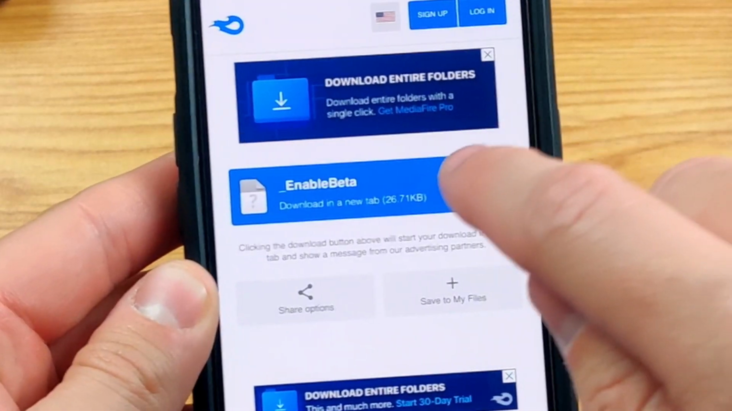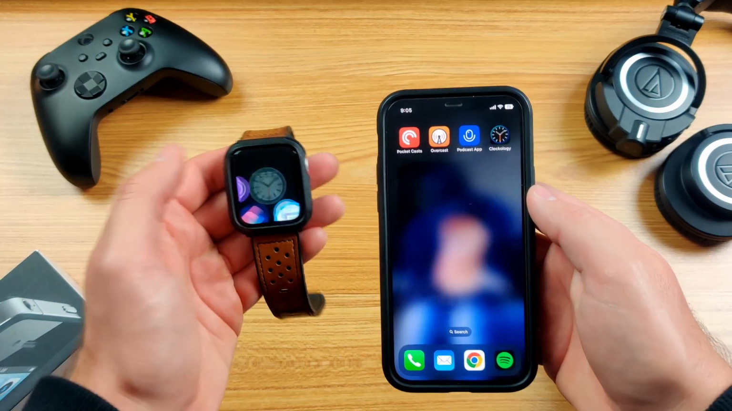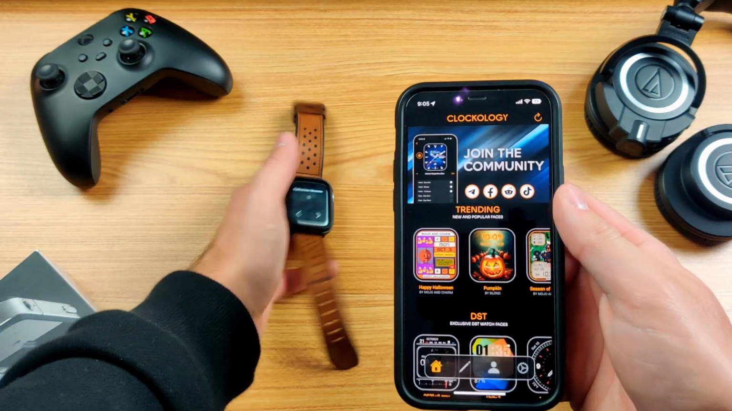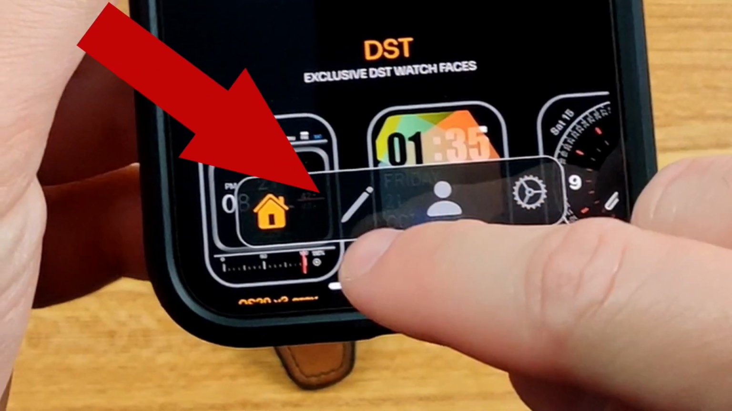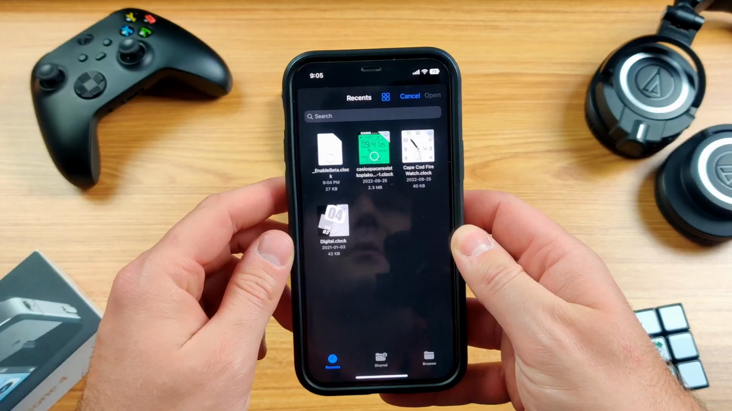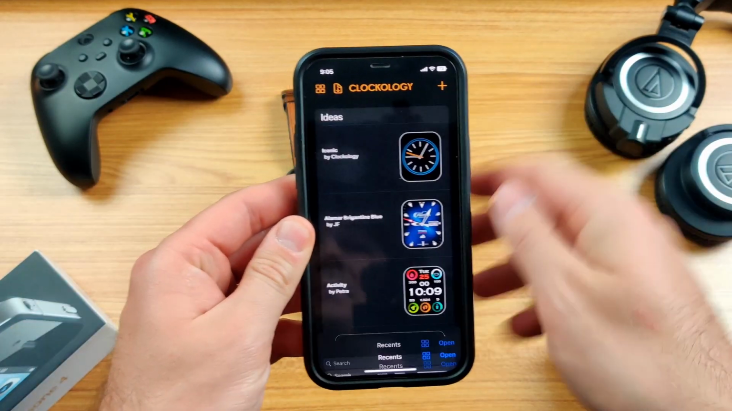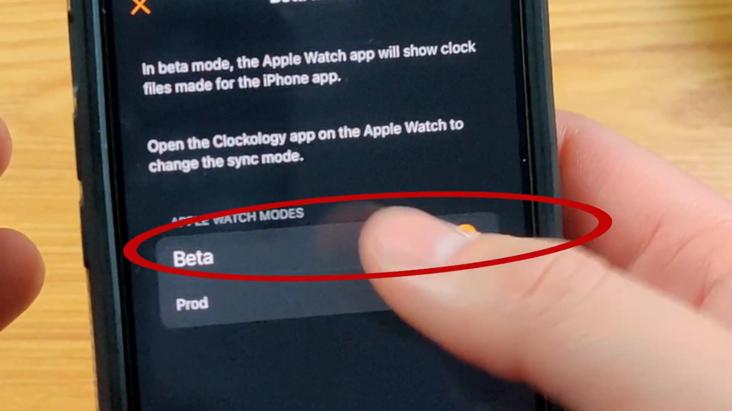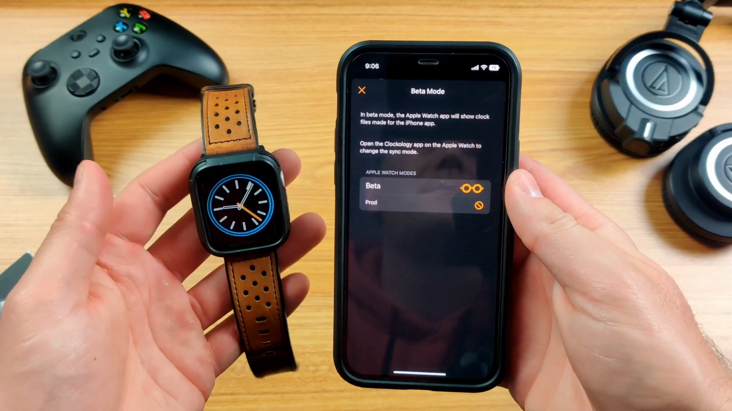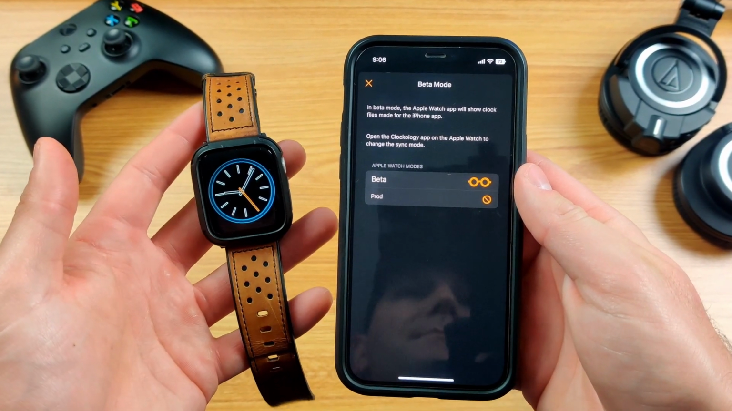With the file finally downloaded, open Clockology on both your iPhone and your Apple Watch. On your iPhone, tap the pencil icon right here. Tap the downloads button and open the beta file right here. A pop-up will pop up. Tap beta right here. If this works properly, then you should see a blue clock face on your Apple Watch,